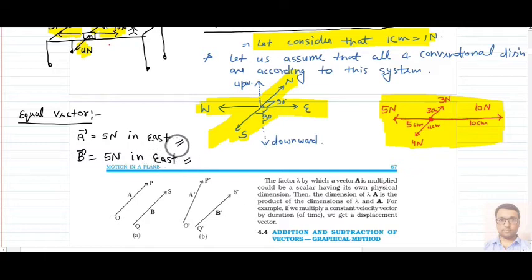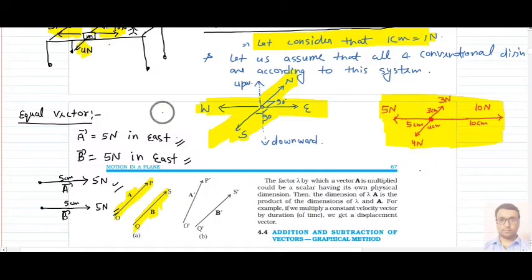So we will say that vectors A and B are equal, because if we make the arrow for both vectors, suppose vector A is represented by this arrow, 5 centimeter equal to 5 Newton, and vector B we also have to represent by the same length, that is 5 centimeter and 5 Newton. So these are called equal arrows or equal vectors. Like here in your NCERT you can see vector A is represented by length OP and vector B is represented by length QS. Both lengths are equal and direction is also equal.